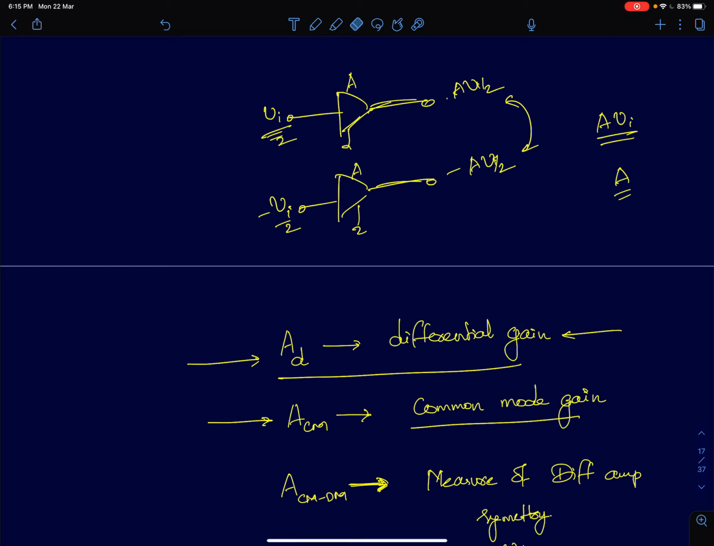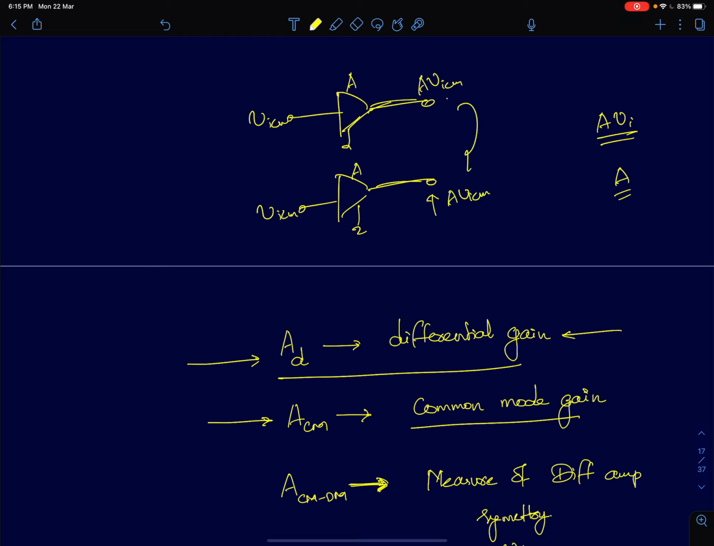But now, if I apply the same input, so I'm going to apply VICM and VICM at both the inputs. So this is a common mode input, and see how both the outputs respond to that. This is going to be A times VICM, this is also going to be A times VICM. So the average at the output, that is VO plus plus VO minus by 2, will also be A times VICM. So now if you see, the common mode gain here is A, which is exactly the same as the